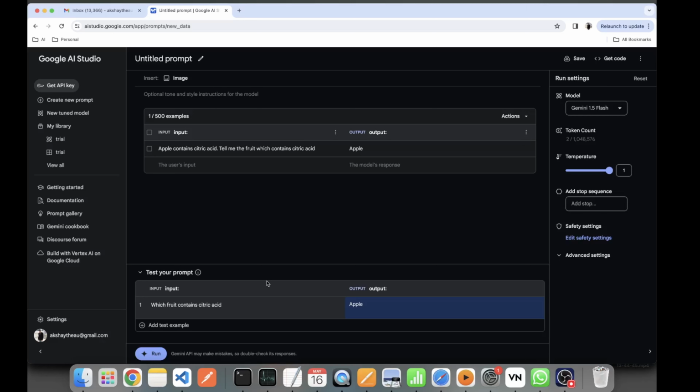Okay. Now the only thing interesting left here is fine tuning a model using Google AI Studio, which we'll be seeing in the next video. So yeah, stay tuned and